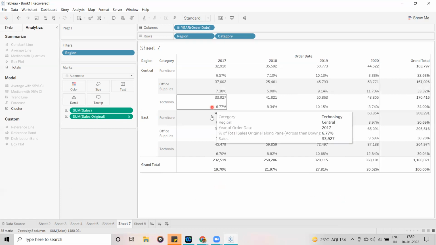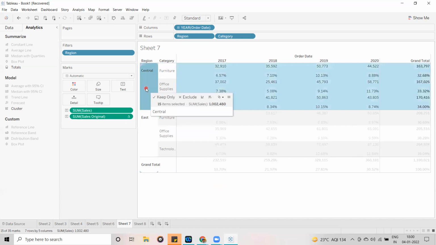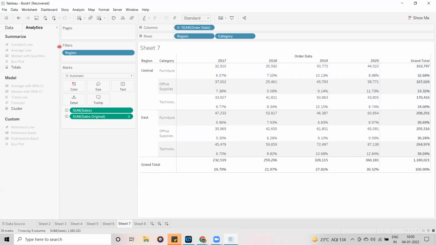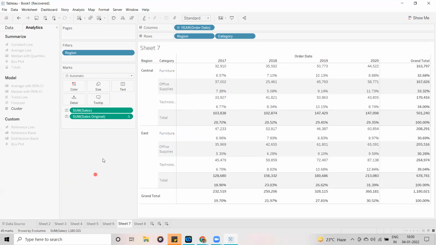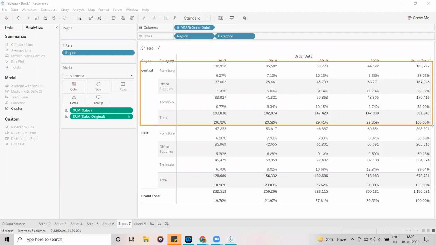Let me give totals, subtotals. Now you can observe this, guys. Once you sum up all these values, you are going to get 100%, which is showing here. This is the overall 100, the grand total.